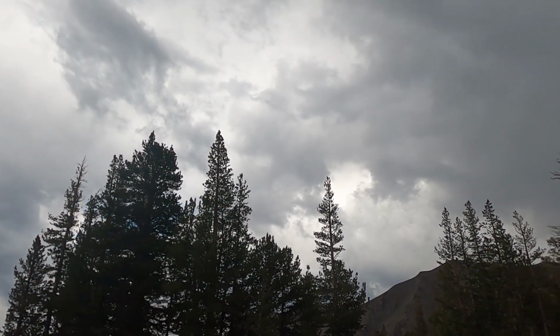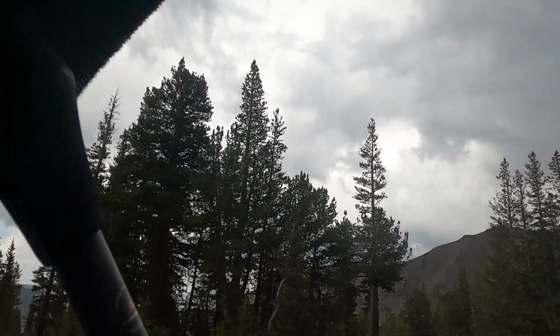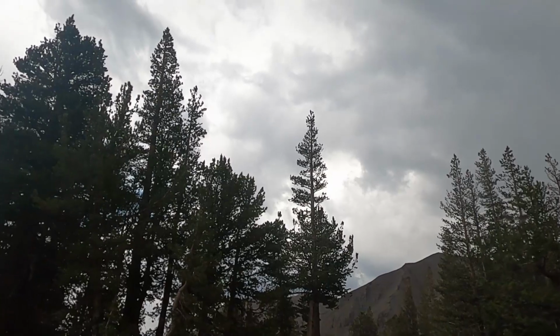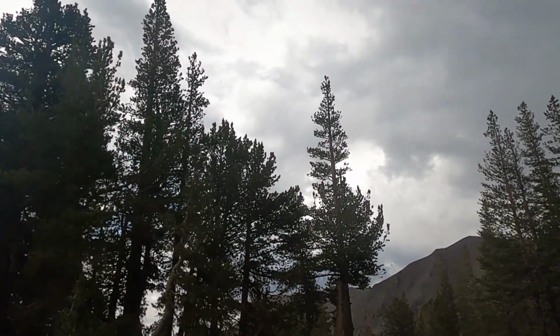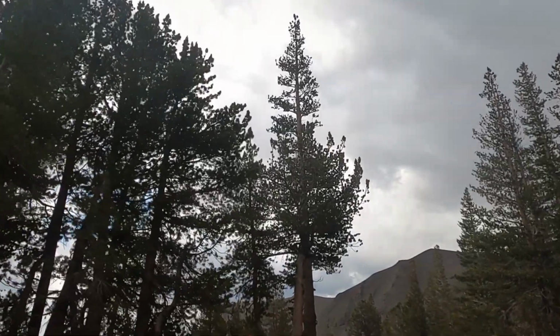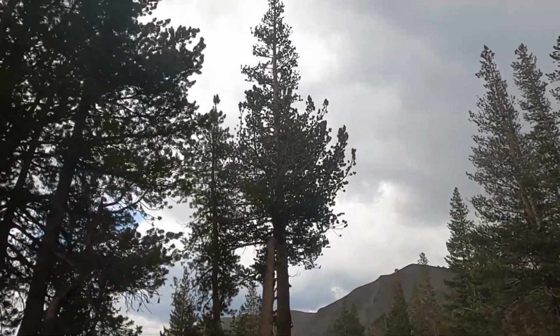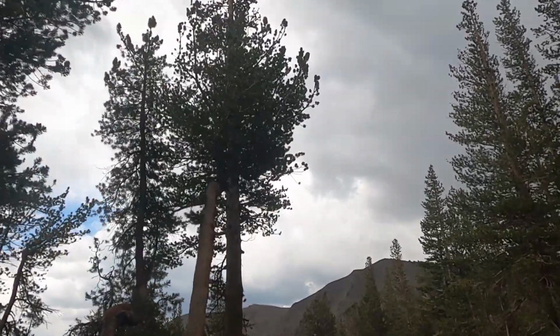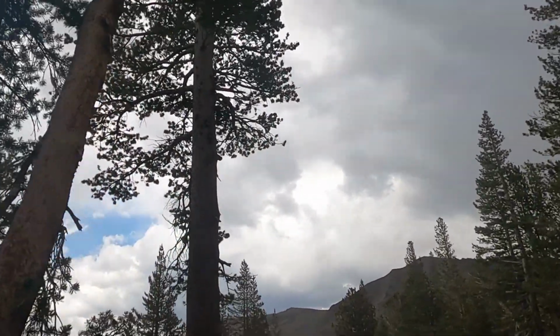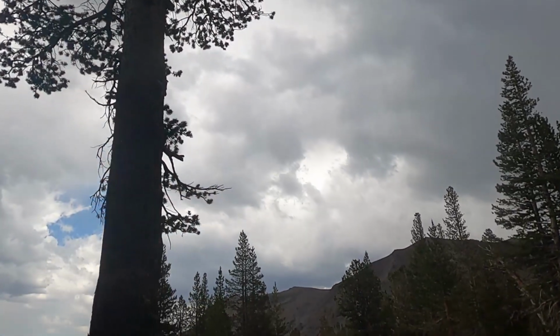By the time we got to the top, a thunderstorm rolled in so fast. I mean, it was ridiculously fast. It was 15 minutes. One minute it was clear, the next, 15 minutes later, it was full on hail and lightning flashing all around us. And I mean, literally flashing all around us, because we were at the top of the peak. And so